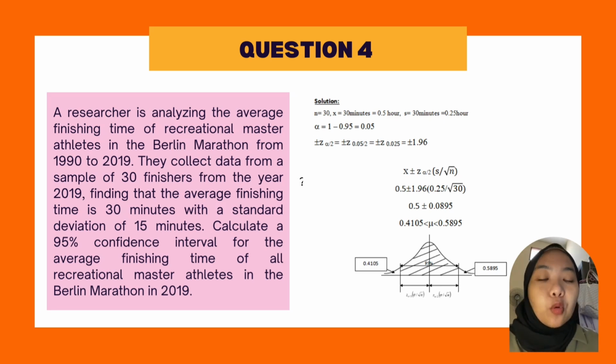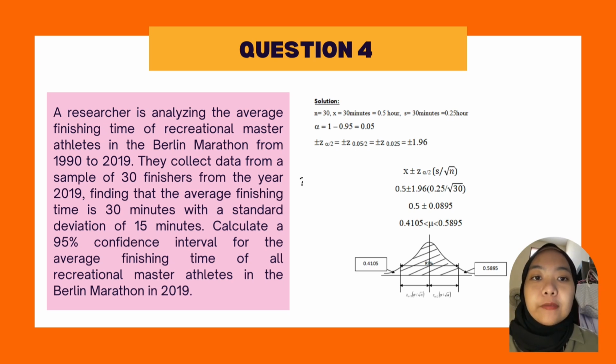So we need to search 1 minus 0.95 equals 0.05. So let's search for Z. We look at table 4. So we get 1.96. So the formula is x plus or minus Z times s over the square root of n. So 0.5 plus 1.96 times 0.25 divided by the square root of 30. So we get the answer. The minimum is 0.4105, and by the same calculation, the maximum value we get is 0.5895. So the discussion is this is based on the sample data. The range of the population mean of athletes in the Berlin Marathon from 1919 to 2019 is between 0.4105 hours